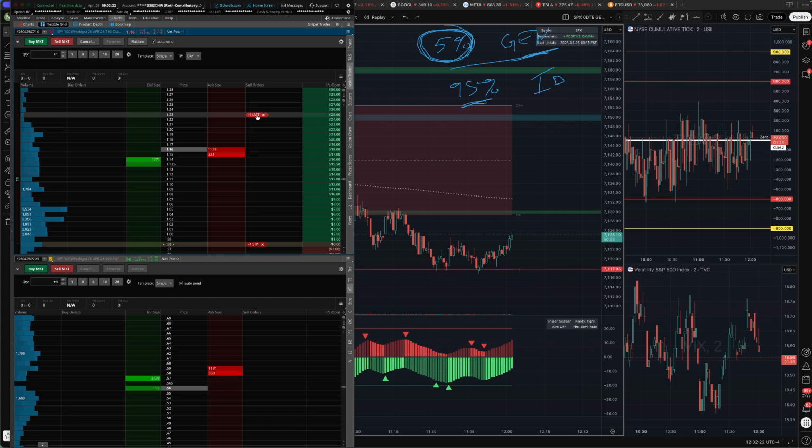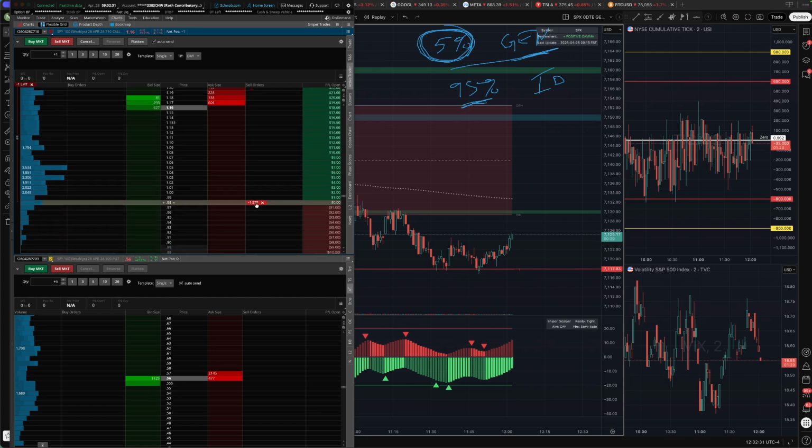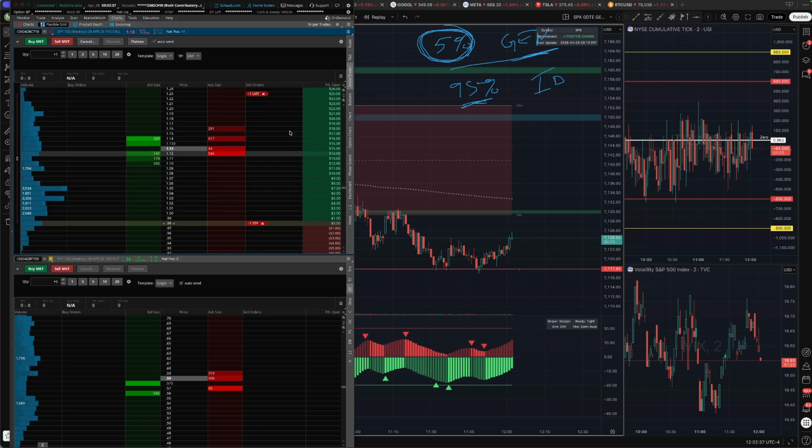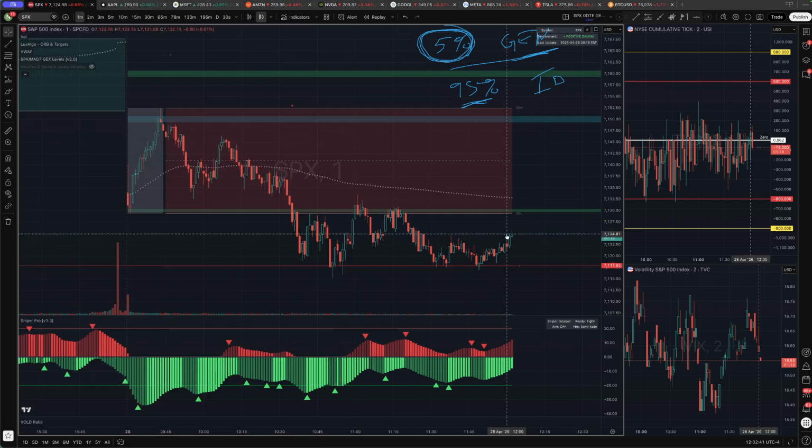And those are the only two things that it's going to do. In theory, it could just chop around sideways for the rest of the day and never hit that. But if it does that, it will definitely take this out, right? And then sometimes in rare occasions, like this 25% is up there, but we're coming up into, let's